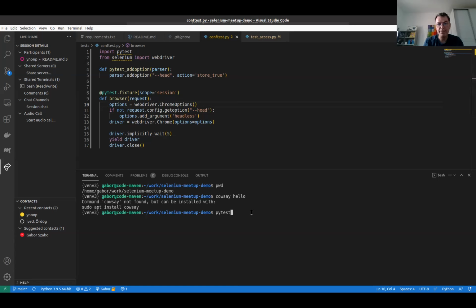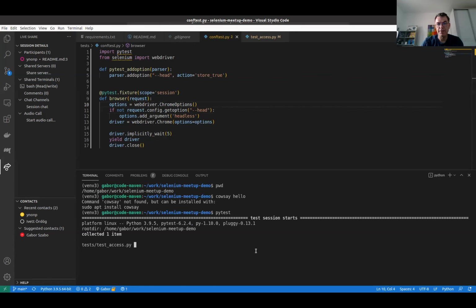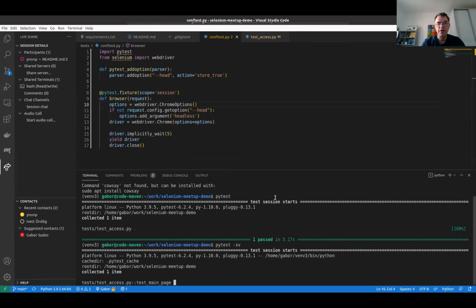Okay, I can run PyTest, and then you don't see much. You just see that it passed. You see the test file, and there was a single test passing here, this dot. I can also type in -s and -v, so we'll see the printout.